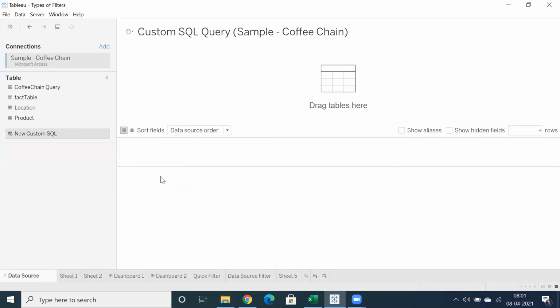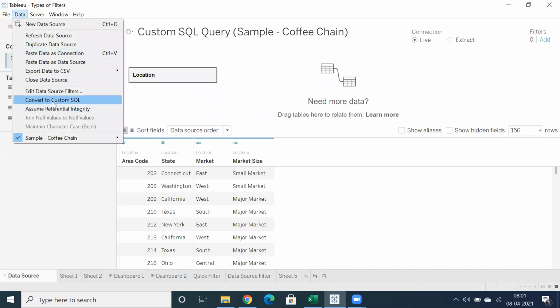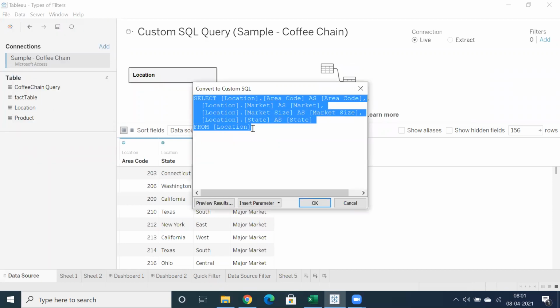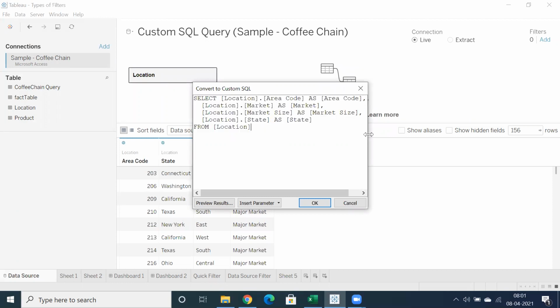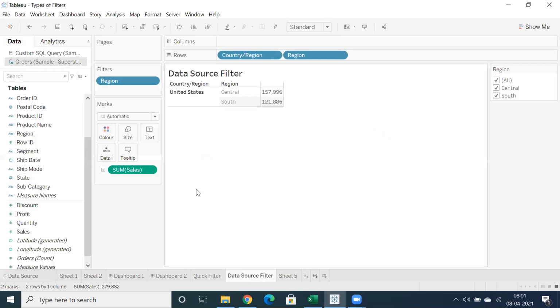Apart from Excel, whenever you connect to any database, you'll get new custom SQL. Or when you drag and drop any table, you have the flexibility to convert into custom SQL. If you are unable to write a SQL, this is the best option. You can convert into custom SQL. If you get any confusion, no worries, I'll explain those points again.